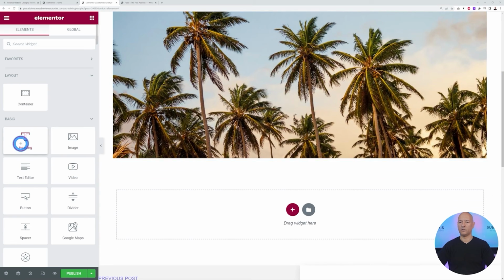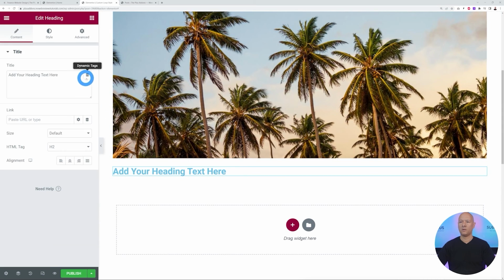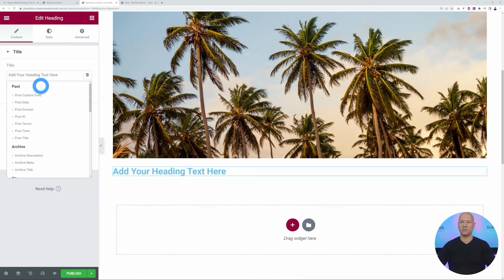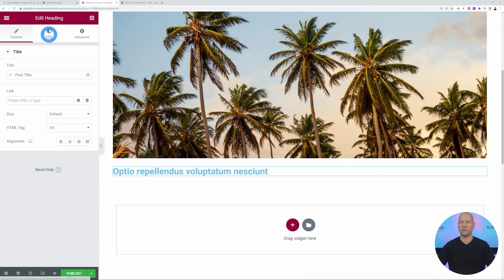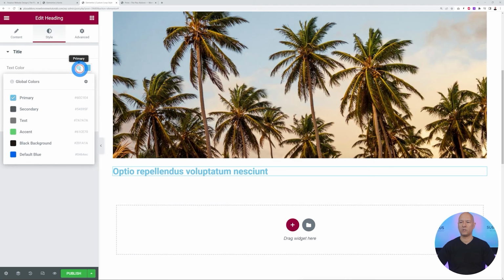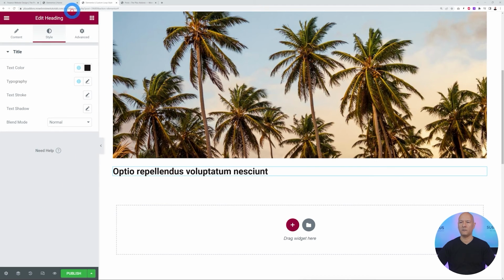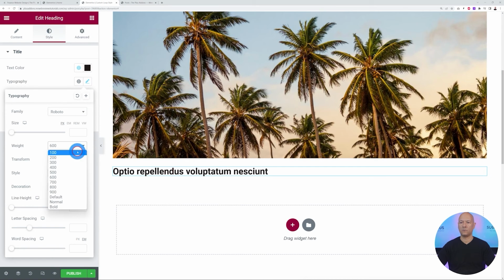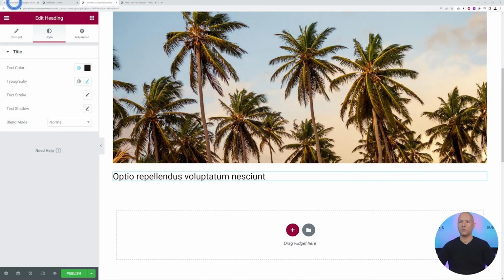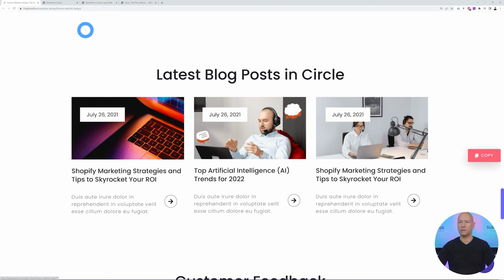Now we need to add the title. So let's grab a heading. Again, this is dynamic. So let's click on this post, and this is the title. Very good. Now we can change the styling as well. So let's change the color. Let's select our black again. So let's have a quick look. So the font should be a bit thinner than this. So I'm going to select something thinner, maybe 400. There you go. And underneath, we're going to add our short excerpt and then the button that's going to link